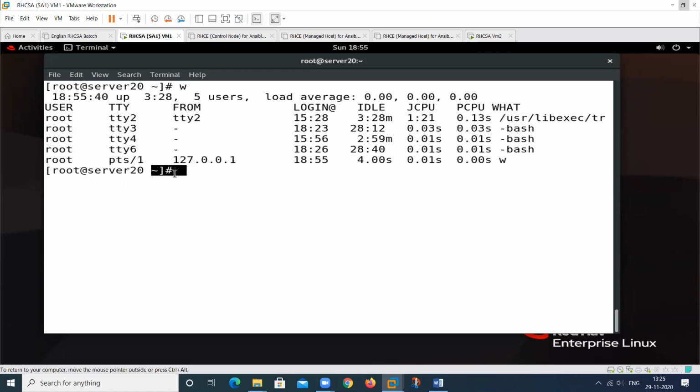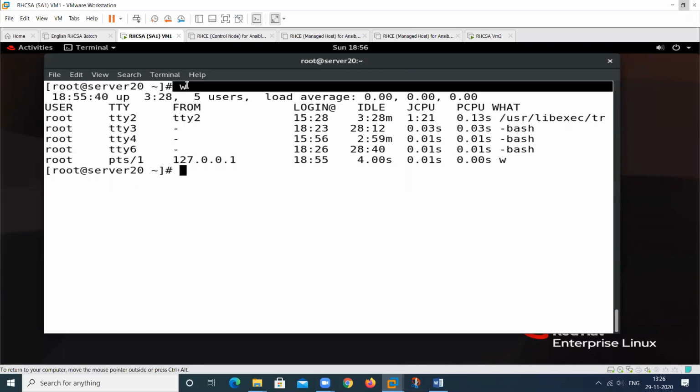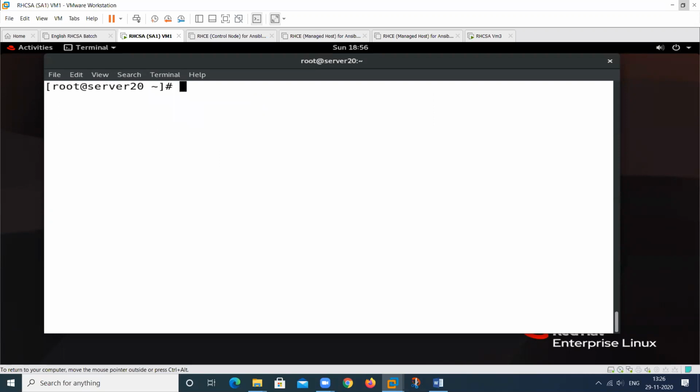Suppose I am in Delhi and I want to access a server that is located in Chennai. We can access that particular server through SSH, and we can work on that server by using the SSH program, FTP program, anything. So if I want to check whether I'm working locally or remotely, we can use this. This is the concept regarding who.